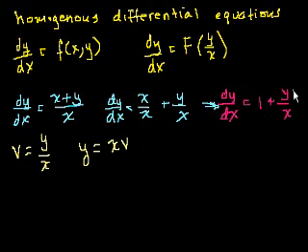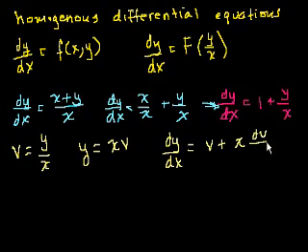And we're going to substitute v for y over x, but we're also going to have to substitute dy over dx. So let's figure out what that is in terms of the derivatives of v. So the derivative of y with respect to x is equal to, what's the derivative of this with respect to x? Well, if we assume that v is also a function of x, then we're just going to use the product rule. So the derivative of x is 1 times v plus x times the derivative of v with respect